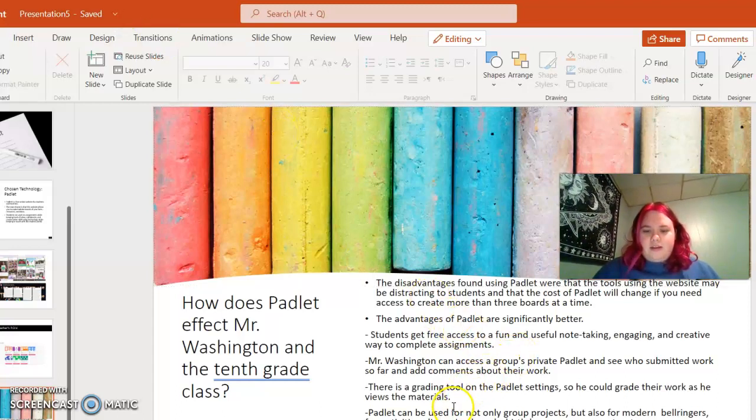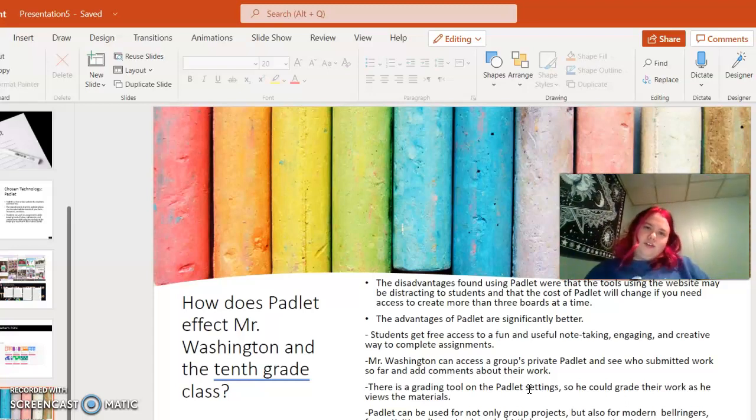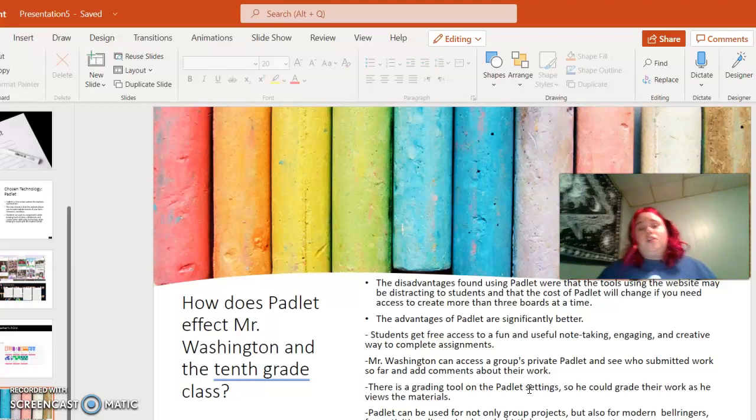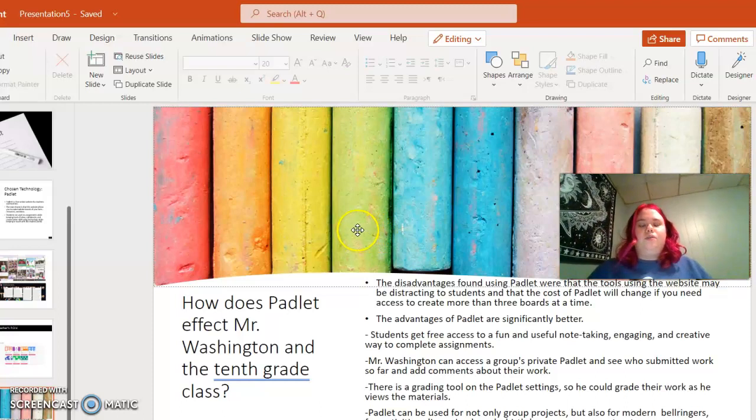And then Padlet can be used for not only group projects, but also for modern bell ringers, fun activities, announcements, kind of like a newsletter sort of thing. Parents can also get access to the links just by sharing it with them via email, discussion boards, etc. I think this is a great resource for all students and all teachers to use,